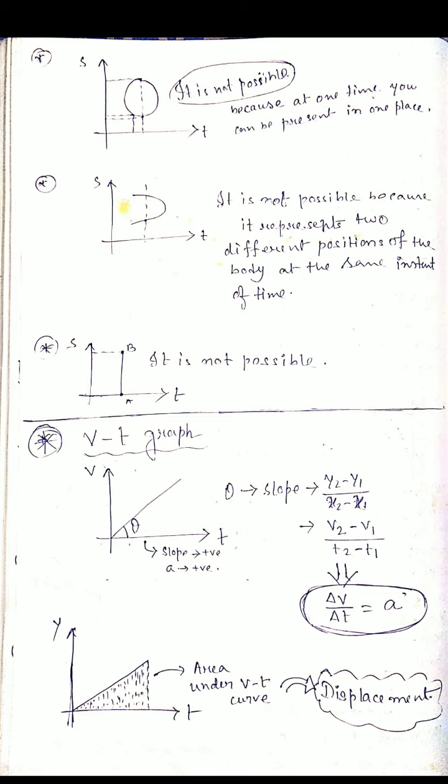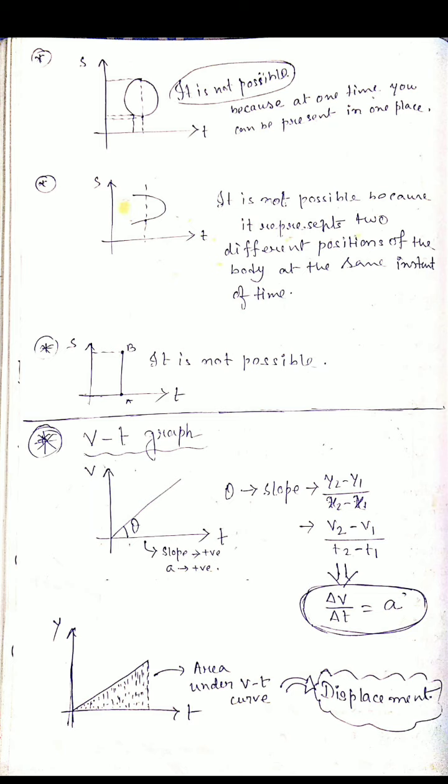Now I will draw the same graph a second time, but this represents the area. This is the area enclosed by the velocity time graph. This is not y, this is v. The area under the velocity time graph gives us displacement, how much the particle or object is displaced from 0 to a particular time t.